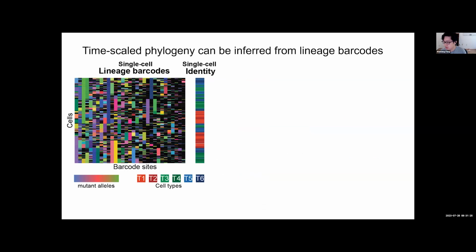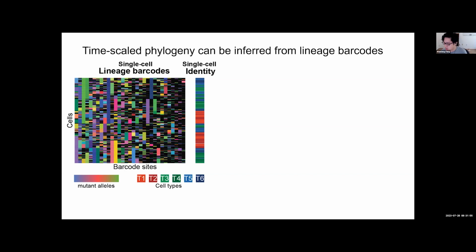So at a given time point, by sequencing lineage barcodes in single cells, one can obtain an array of mutations in a number of cells in the form of a character matrix that is being shown here. In this matrix, the black represents a cell that is unmutated, and the color represents different mutations, right? So instead of in the traditional way where you get information about a single clone, by using these character matrix,